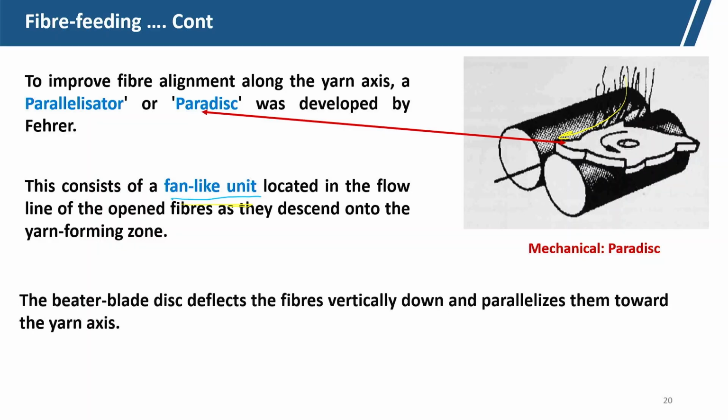and the beater blades, these are the beater blades, deflect the fiber vertically down and parallelize it towards the yarn axis. So, the fibers are deflected towards the yarn axis, so that the buckling is reduced, which results in improved yarn strength. This is the paradisc system,